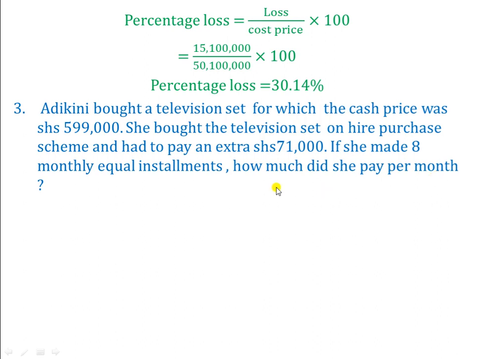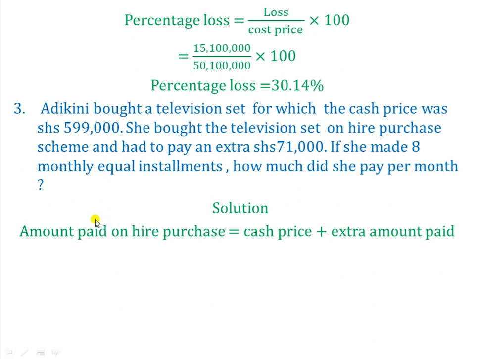Now, when you look at the logic behind this question, they told you when this person bought the item or the television on hire purchase, she paid an extra of 71,000 shillings. But remember, this was the cash price. So it means the hire purchase price will be the cash price plus the extra amount she paid. And that is what we shall start with. So we are saying amount paid on hire purchase will be the cash price plus the extra amount paid. Then when you make the substitutions, it will be simply 599,000 plus 71,000, and that comes to a total of shillings